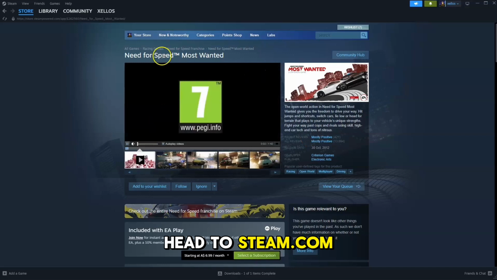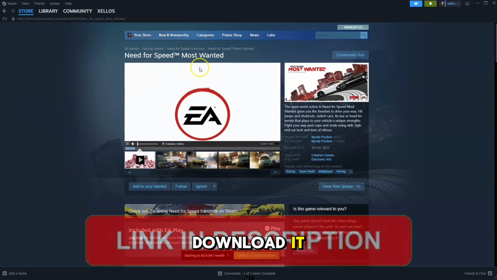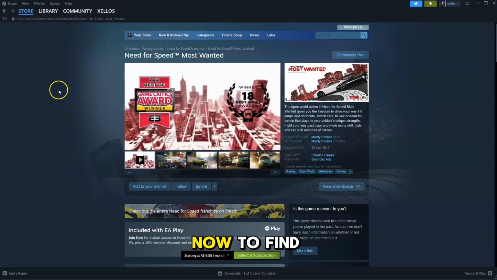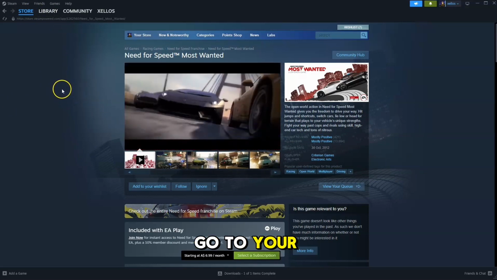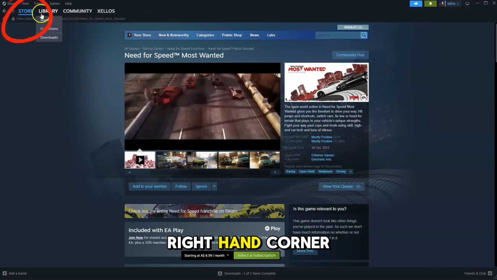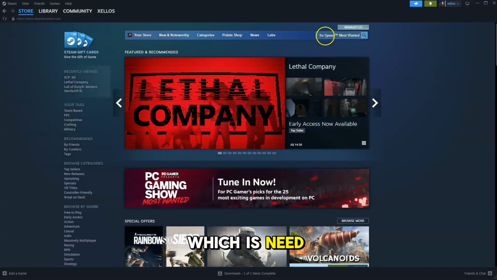Head to steam.com. I will leave the Steam link in the description. Download it, and create an account if you haven't done so already. Now, to find the game, go to your store located in the top left-hand corner. In the top right-hand corner, type in the name of the game you're looking for, which is Need for Speed